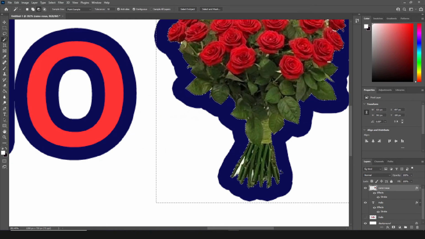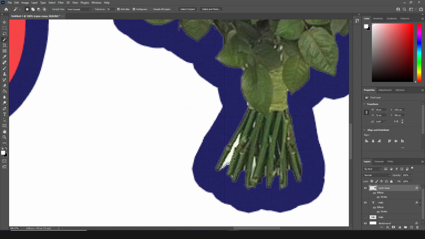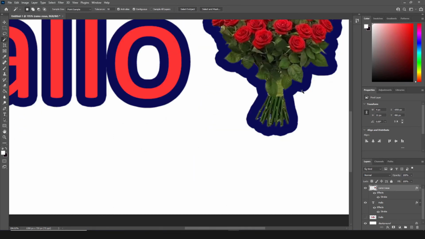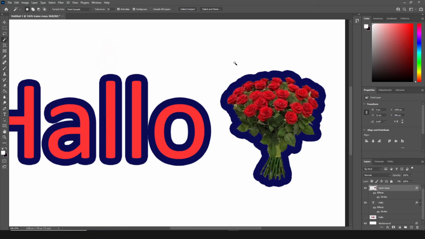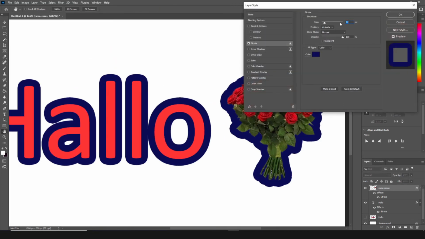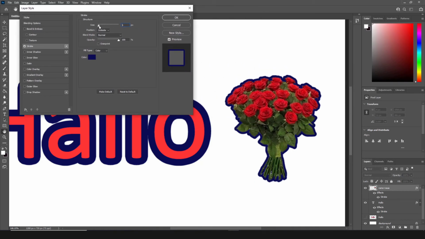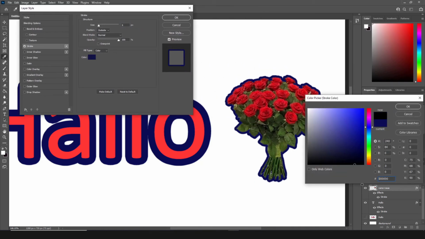Notice that here we left some details. I'm just going to select them and remove them, more or less. Anyway, this is only to show the stroke effect. Notice that here we already have the outline effect. And the same as before, we can change the parameters, decrease the thickness for example, change the color, and with that we get the effect.